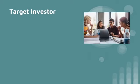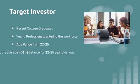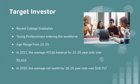We believe this portfolio analysis would suit best for the younger generation, individuals who are recent college graduates and young professionals entering the workforce and looking to invest the money they're making and let it grow over time. The age range we think this portfolio would suit best is 22 to 25-year-olds. This target group of investors share common goals, which is to start investing their money now and let it grow